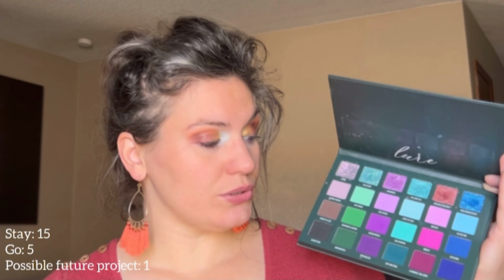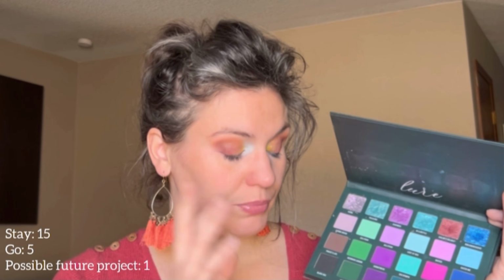Like I said, their matte formula is amazing. I love their matte formula, and I really do like their newer shimmer formula. It reminds me of Beauty Bay, reminds me of Glamlight. It's a nice shimmer formula. I recently used this as my palette pull-in, which is a little project I have where I use every shade in the palette in consecutive order, incorporate it into whatever eye look I'm doing that day. So I just finished this palette pull-in, and I'm actually going to pass this one along, which does surprise me,